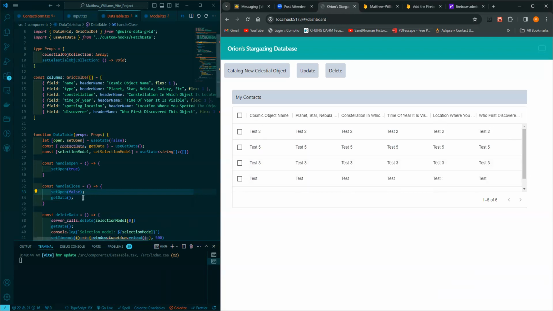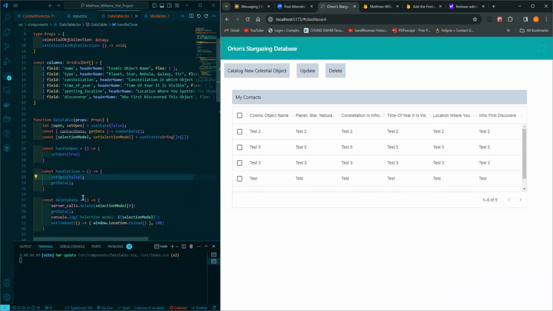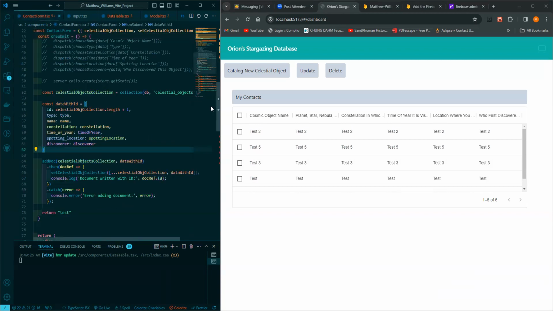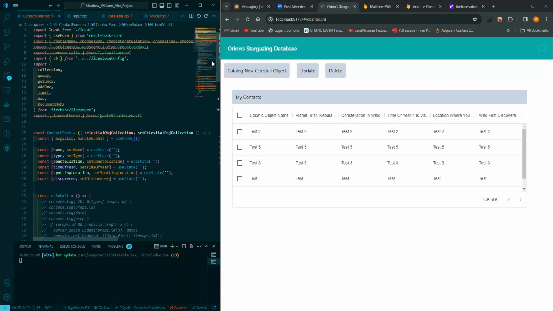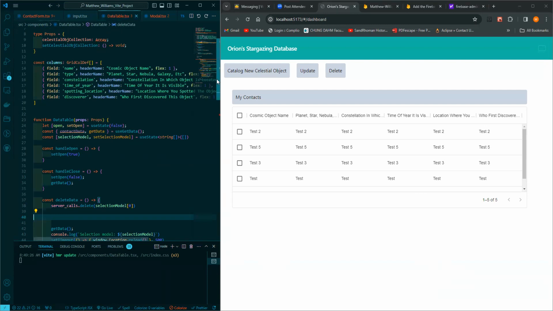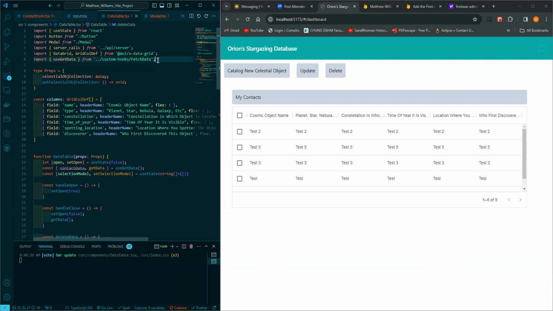When we go ahead and delete this data, we don't really want a server call to take place at this point. We want kind of like what we had at the level of the contact form. We're still going to want to import DB over here. In fact, I'm going to go ahead and bring in all of these pieces. Pretty much everything right here. So that when we go back over to data table, now if I go ahead and set up these imports at the top,